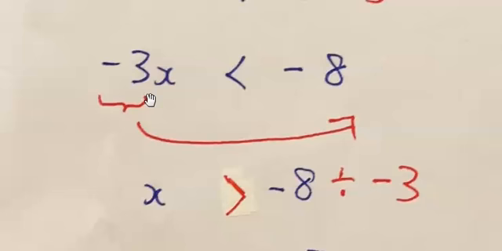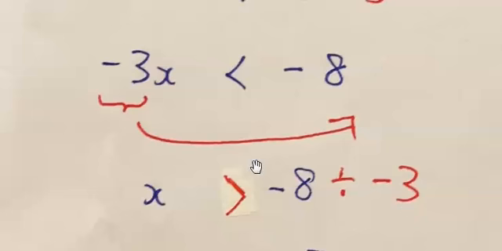Okay, from here, negative 3x is the same thing as negative 3 times x. So when we want to shift negative 3 to the right hand side, times will become a divide. So we will get x